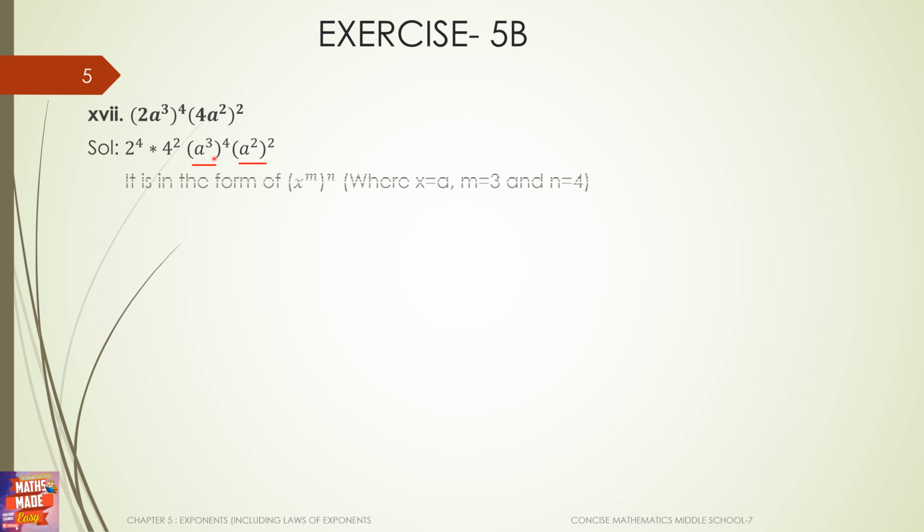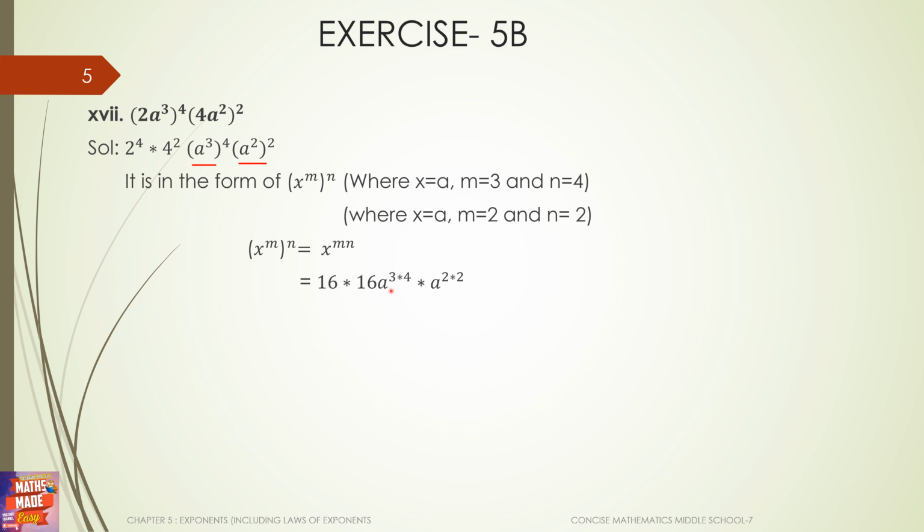That is, it is in the form of (a to the power of m) whole to the power of n, where x is equal to a, m is equal to 2 and n is equal to 4. Similarly, in this case, x is equal to a, m is equal to 2 and n is equal to 2. Now (x to the power of m) whole to the power of n is equal to x to the power of mn. Now 2 into 2 into 2 into 2 is 16, into 4 to the power of 4 is again 16,